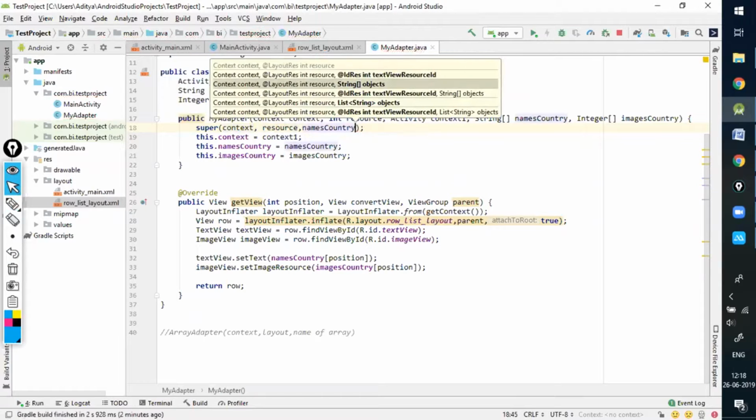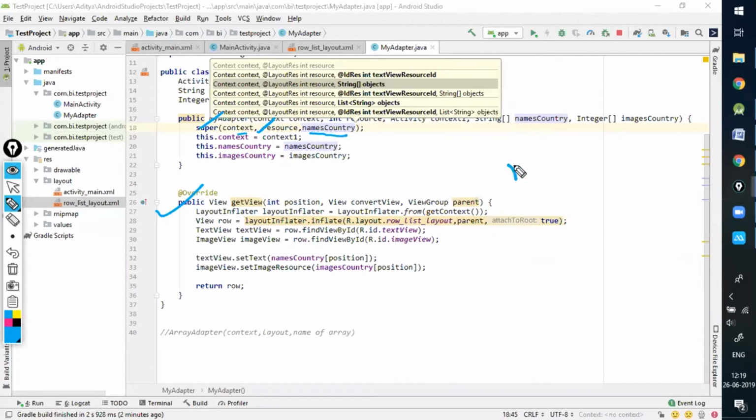The third variable will be names country. So now the moment my adapter gets called, it will know where the list needs to be shown by context, and how the list needs to be shown by resource. Now, how many times does it have to call the getView function? For knowing this, it will get the data from names country.